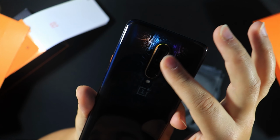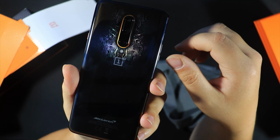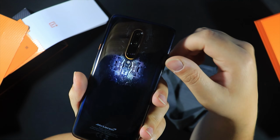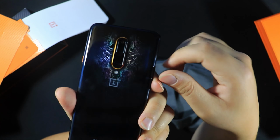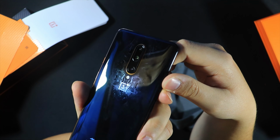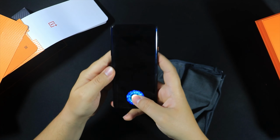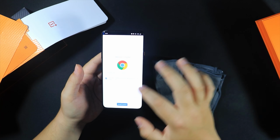Now this camera array gives you a bunch of features like night mode, and macro mode is one that not many phones come with, but this one actually does. It lets you get up to 2.5 centimeters to a subject while keeping it sharp in focus, which is very, very good. The front camera, it comes up, I'll show you, because I love the fact that the display's all the way,